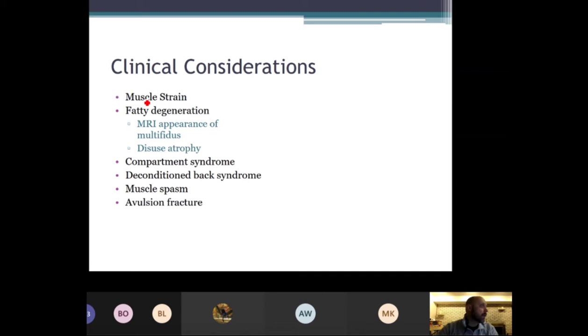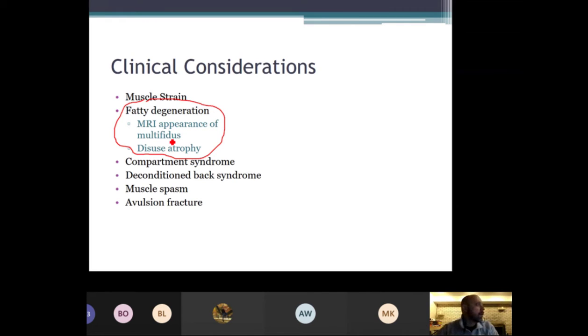This is a big deal right here. Fatty degeneration, especially in the multifidus. There's a little bit of research going on with this. There has been for some time. This goes into the theory of why people have back pain or chronic back pain. Why, when you have one incidence of back pain, does that trigger or maybe make you more prone to back